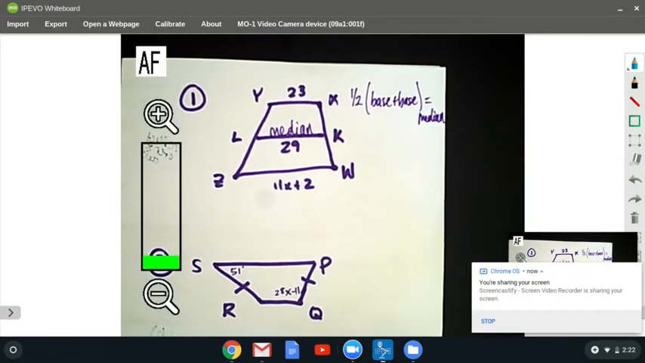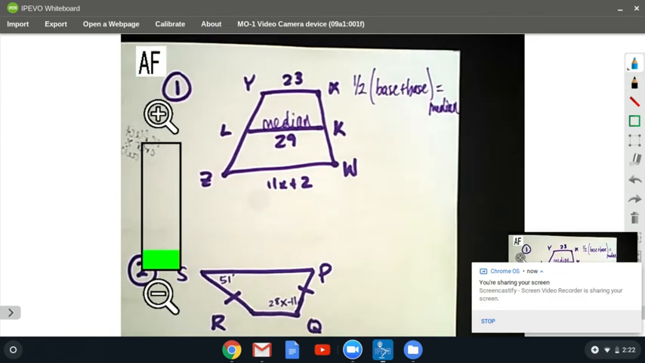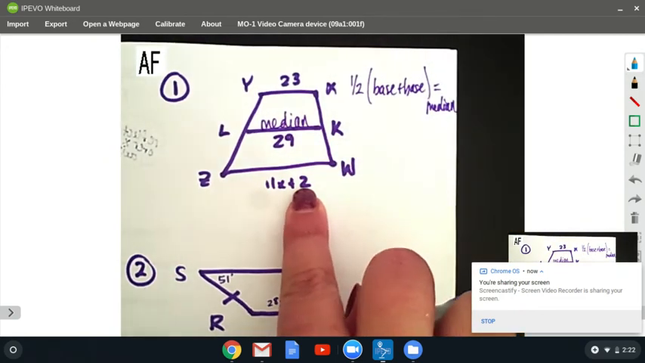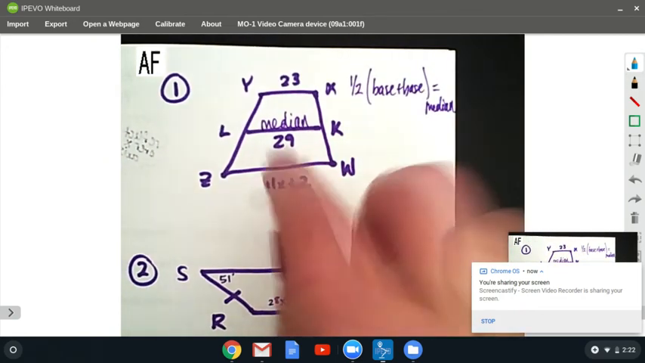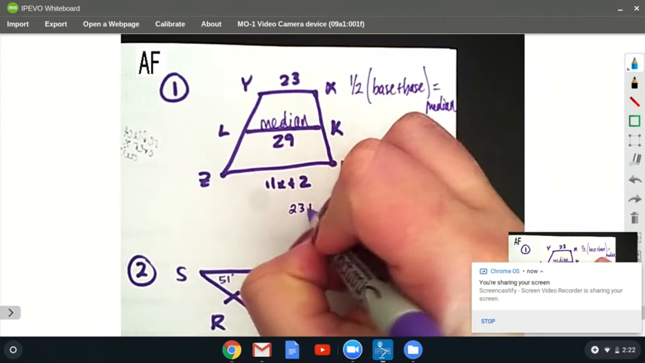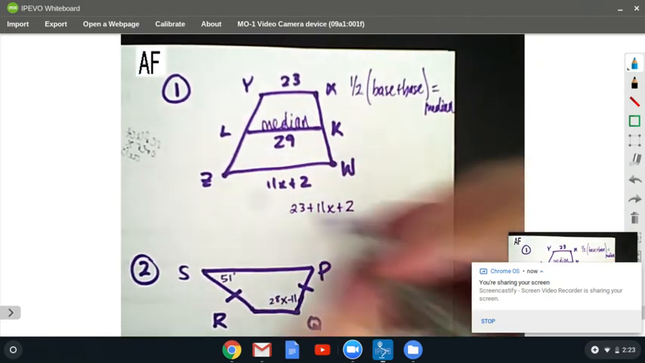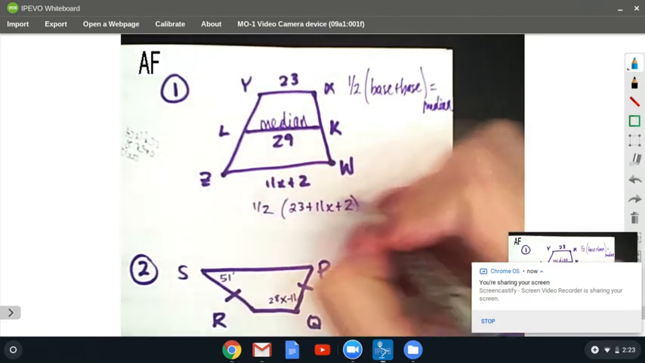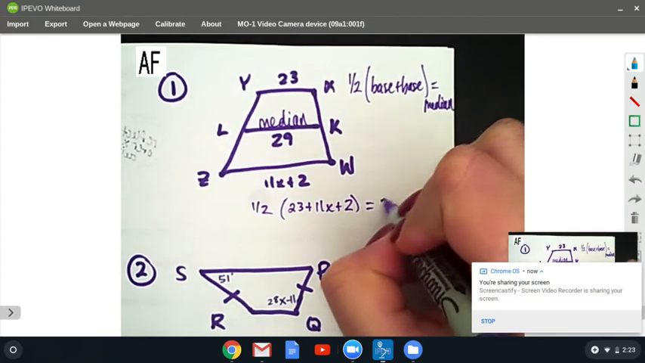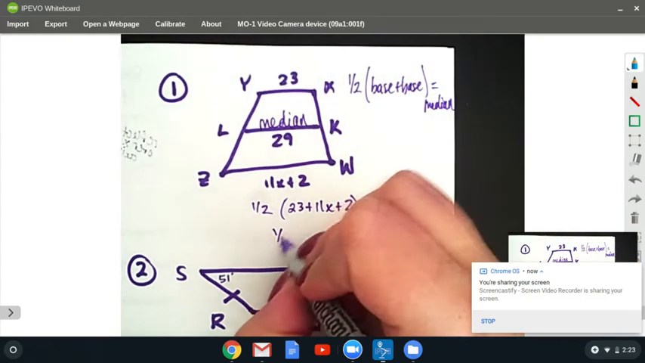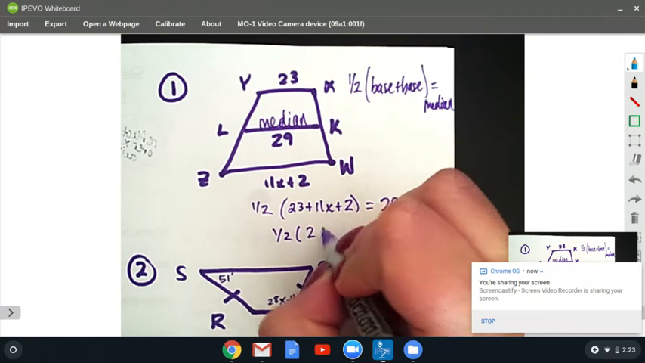Let's zoom in a little for you here. So my bases are 23 and 11x plus 2. So I'm going to do 23 plus 11x plus 2. That times 1/2 should equal my median of 29. I'm going to simplify here. 23 and 2 gives me 25